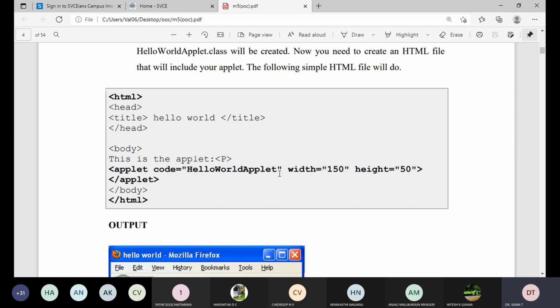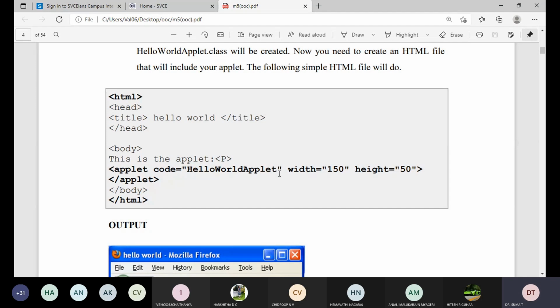Body. So in the body, this is the applet program where we are going to print Hello World. The applet is the name of the Java class file, and width is 150, that is on the x-axis, and height is 50, that is on the y-axis. Then the end of the body and the HTML tag.